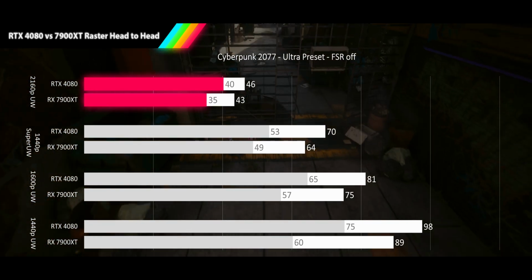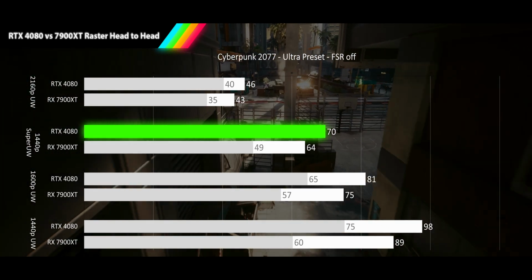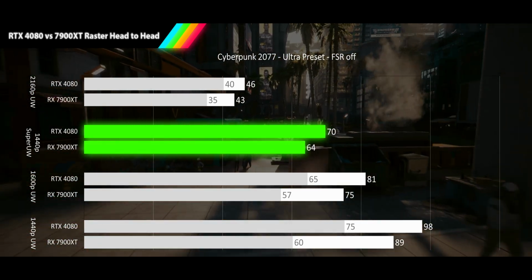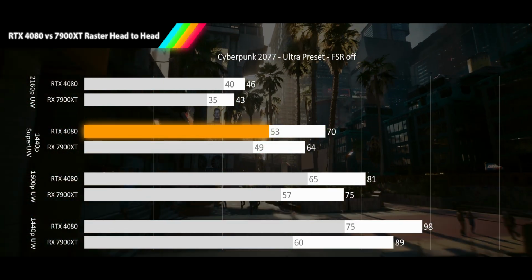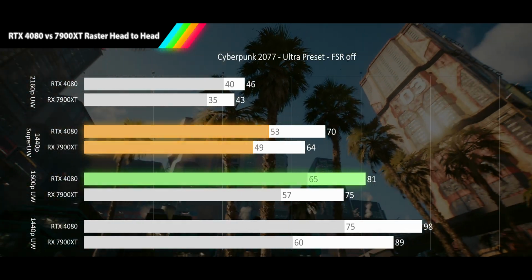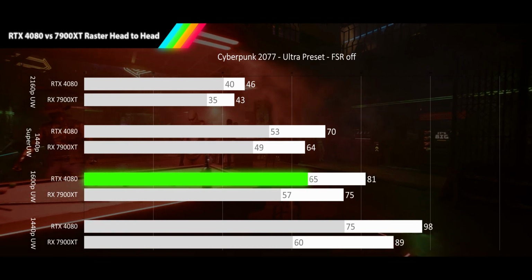Moving down to 1440p Super Ultrawide, we see performance for both cards jump nearly 50%, with the 4080 now delivering 70 FPS average and the 7900 XT delivering 64 FPS, a 9% performance difference, with 1% lows for both cards still dipping into acceptable territory at 53 and 49 FPS respectively, delivering a playable frame rate for both cards. At 1600p, we see the 4080 deliver 81 FPS average, and its 1% low clearing the smooth gameplay threshold,